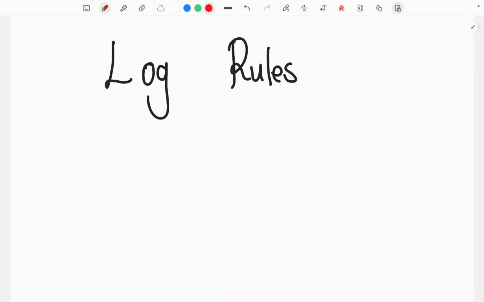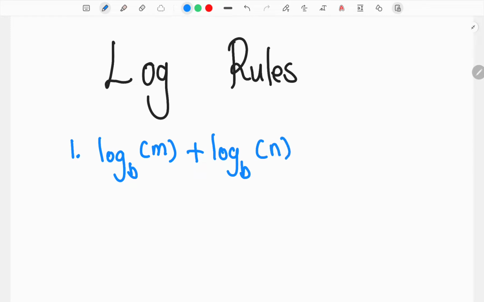I'll explain the log rules. These are very, very important to know, as they will help you solve problems in logs. The first rule that you learn is that when you have log base b of m plus log base b of n,